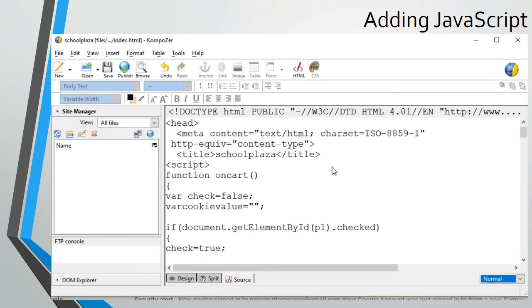Then variable quantity. So in quantity, whatever the user has typed, that we are going to fetch by document.getElementById Q1 dot value.